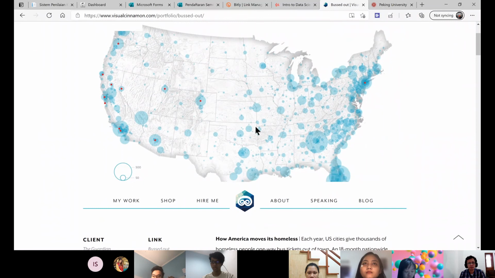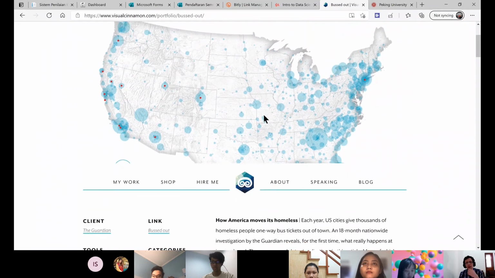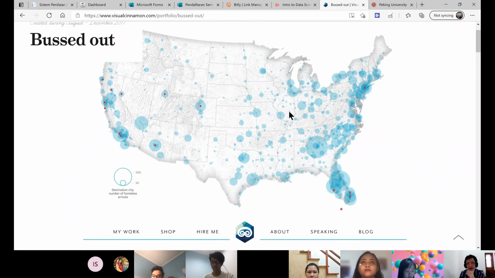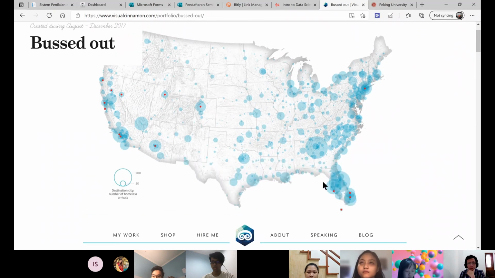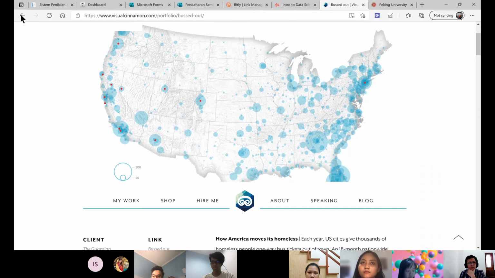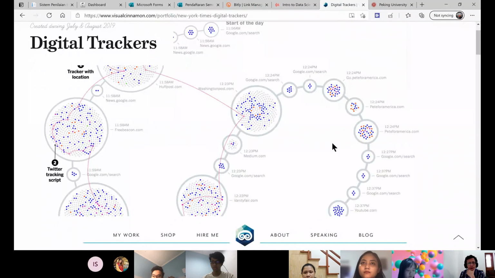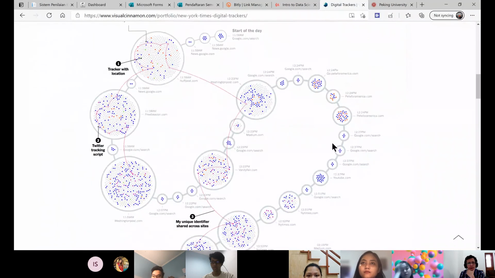This is the bus project where people were given a free one-way bus ticket, and these are the bus tickets being used. This is for the New York Times digital tracker, to see where people came from when they visit the New York Times.